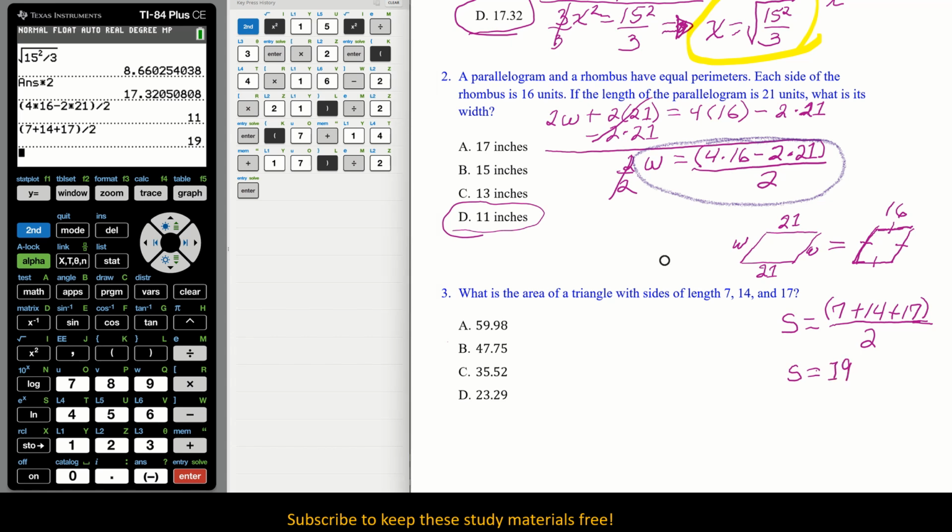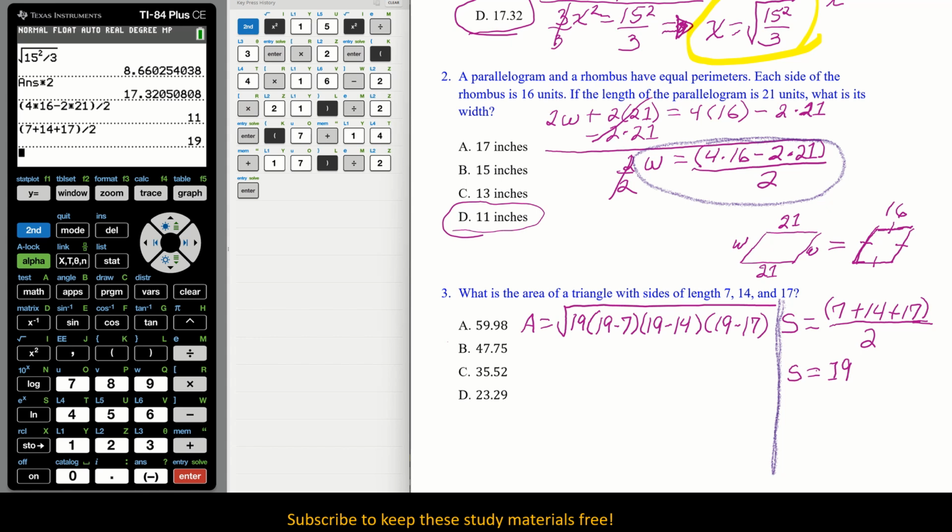Okay, for Heron's, what do we have? We have the area equals everything under the square root. Okay, well, I went a little bit far with that. We'll solve that issue by just drawing a line to separate our work. So that gives us 19 in parentheses, 19 minus the 7, and then again in parentheses, 19 minus the 14, and again 19 minus the, should be 17, not 7. There we go. 17,